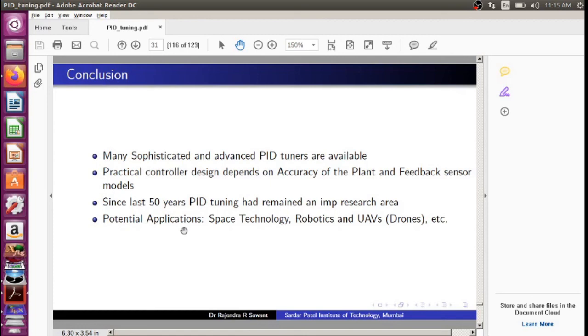It has potential applications in space technology, like tracking a missile and its trajectory, and many applications in space science, robotics, and unmanned aerial vehicles like drones. So these are the potential areas of PID controllers.